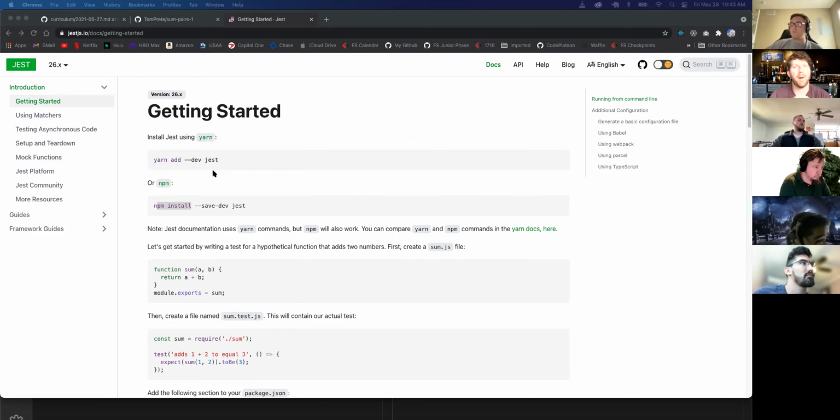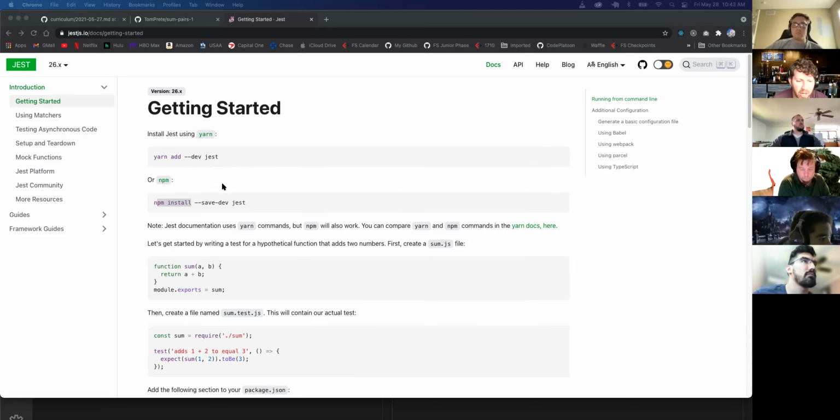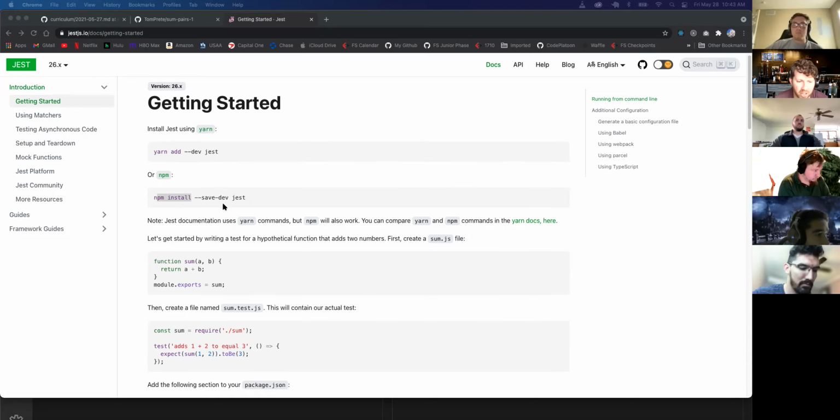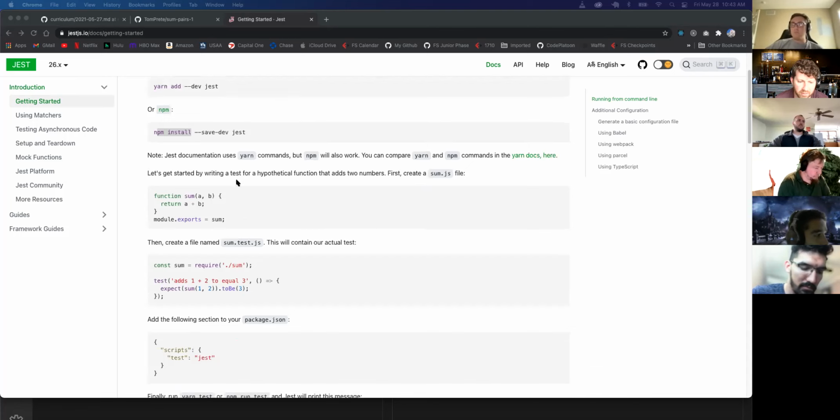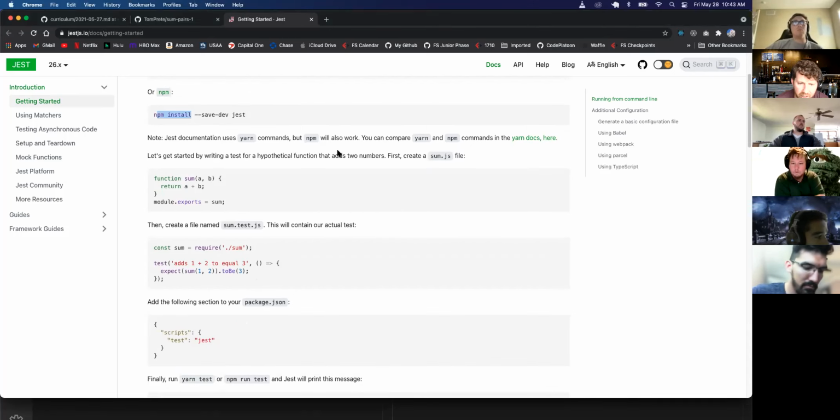But there's a bunch of other testing libraries out there. There's Jasmine, there's Chai, there's Mocha. I'm sure some of you have heard those terms before, those libraries before. There's Enzyme. Enzyme is very specific for React, but Jest is really straightforward and relatively easy. So I'm on here and it says npm install --save-dev. And I'm just looking down here. It's like, okay, get started, hypothetical function. We have a sum